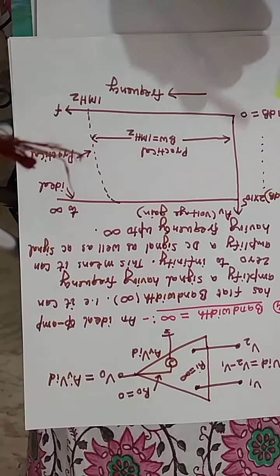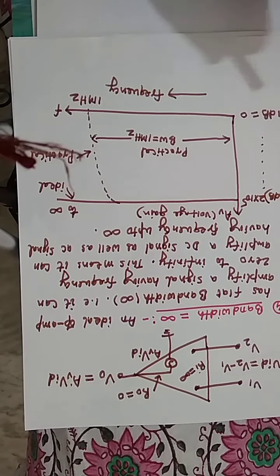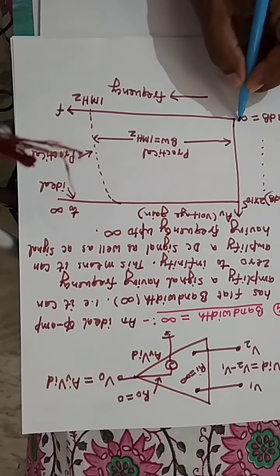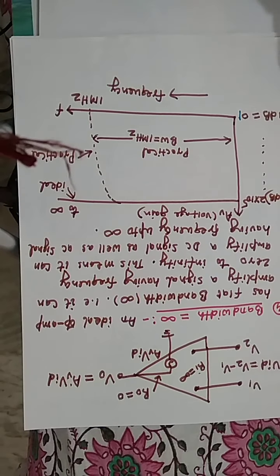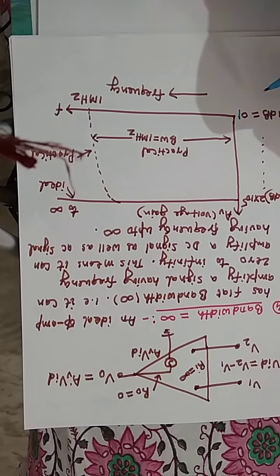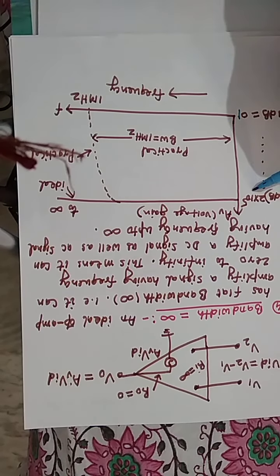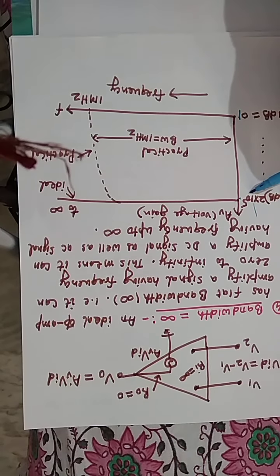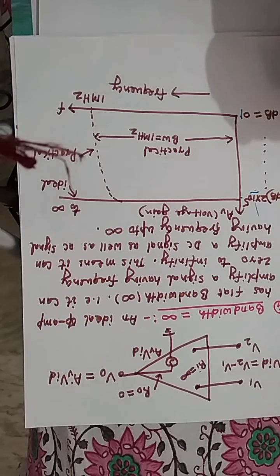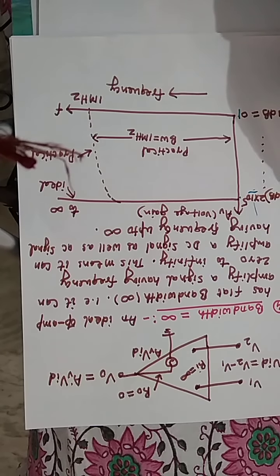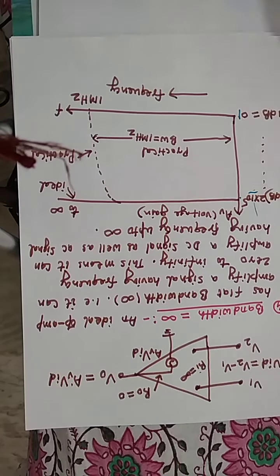And this is the voltage gain. Here the voltage gain is 1. Okay guys, because amplification means voltage gain must be greater than or equal to 1, and here the voltage gain is 2 lakh. Ideally the maximum voltage gain is infinity, but practically this is 2 lakh. If we convert 2 lakh into dB, this will become 106 dB, and if we convert the voltage gain 1 into dB, this will become 1. Okay guys, so this is all about the voltage gain.